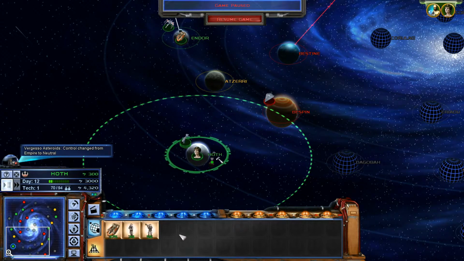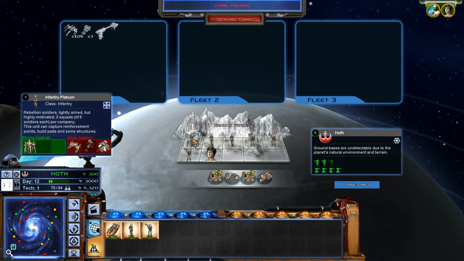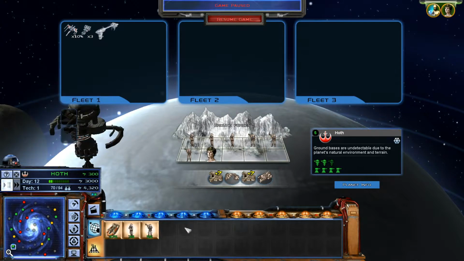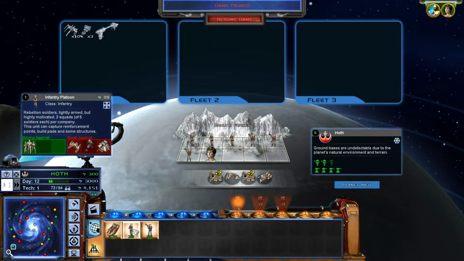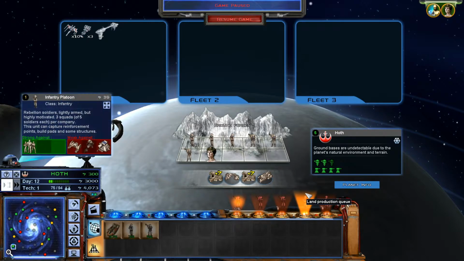Alright. So now that we've got that, I need to take a look and see what kind of troops we have. We have some basic infantry. There's 3 of them. And then we have 3 rocket soldiers. So what I want to do is go ahead and give myself 3 more rocket soldiers and 2 more of our regular soldiers. So while those are in queue,